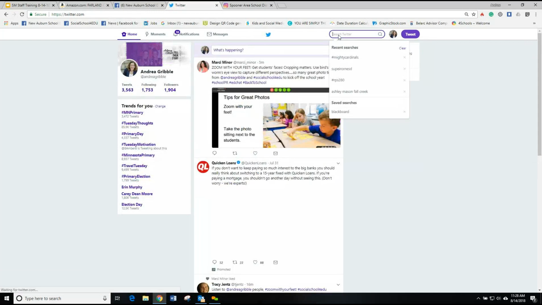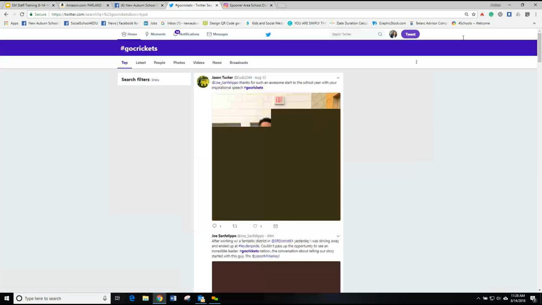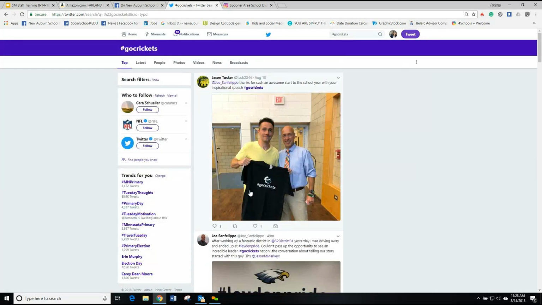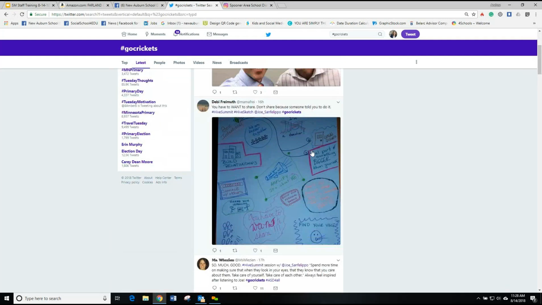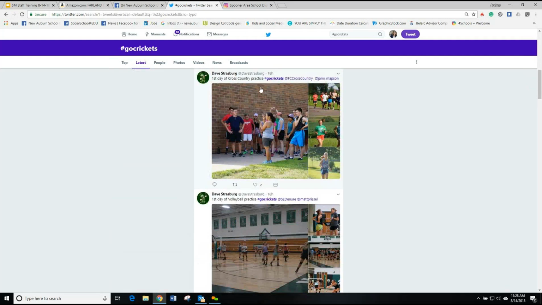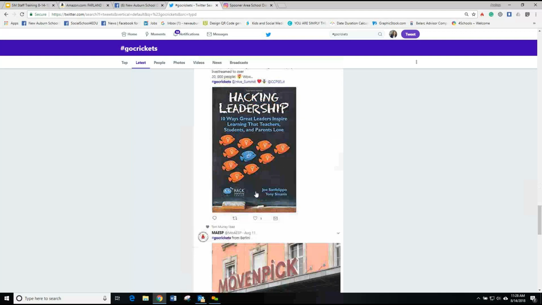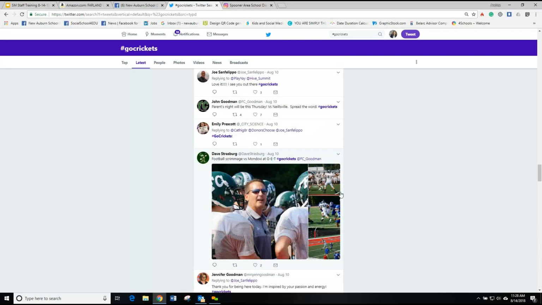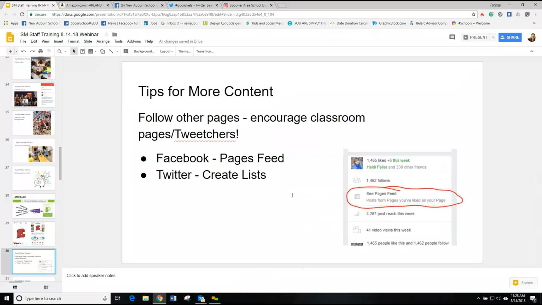Then also, obviously, I've used this example a lot, but if you have a strong hashtag, you're using that hashtag, Go Crickets, and at any time I can go up there and see the latest posts from people that are using Go Crickets, and it was their first day of cross country and first day of volleyball. Everybody's getting to be a storyteller for this school district in a lot of different ways, and you can go out and find information. So that is critical to finding more content.